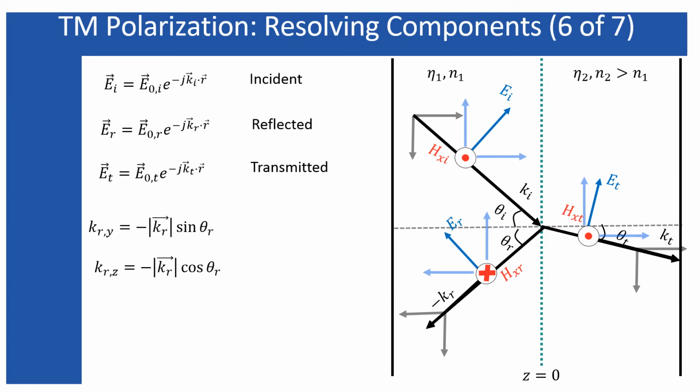Similar type of representation is possible for the reflected wave, where both of these components along the y direction and z direction include the negative sign, because they are directed in the negative z direction as well as the negative y direction. But for the transmitted wave, the y component is directed along the negative y direction and the z component is directed along the positive z direction. So therefore such kind of orientation I have considered for the transmitted wave.